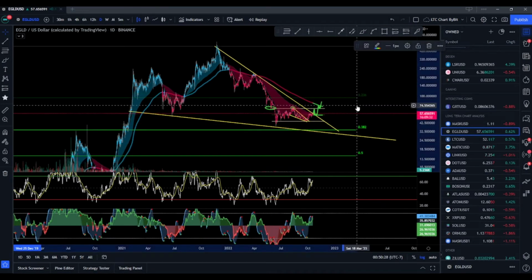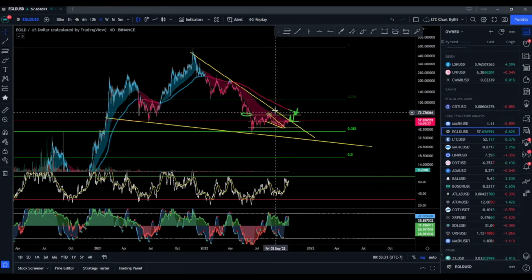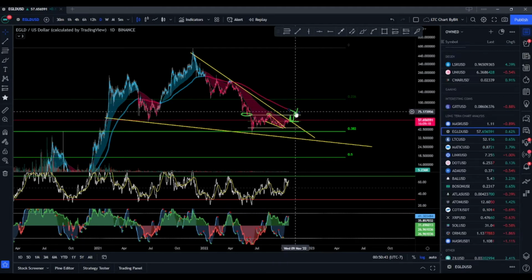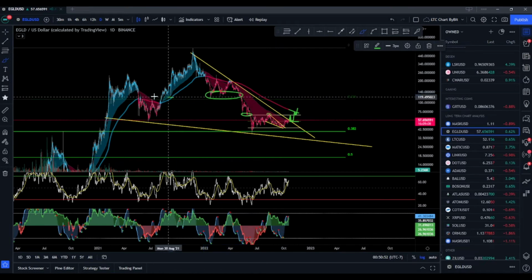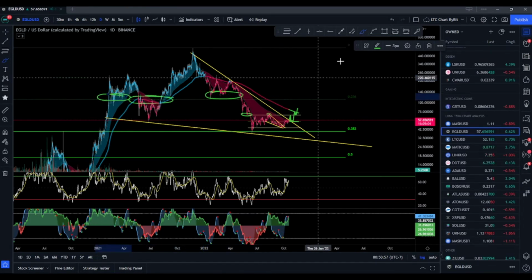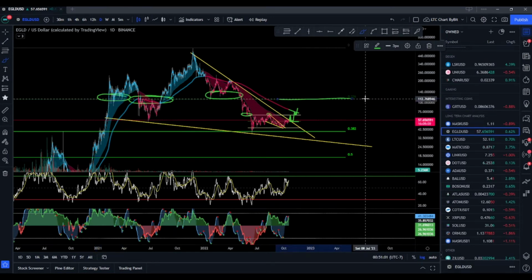So after we finally break out of this long-term resistance, the top of the trend line or the channel here, and then break above the 200 EMA, there's plenty of resistance going on in this area. Now, if we finally break above all that, then we've got to break through this 236 here, which is also around previous resistance and support. So that's a pretty strong level as well, around this 236, which is roughly around the $100 price range,